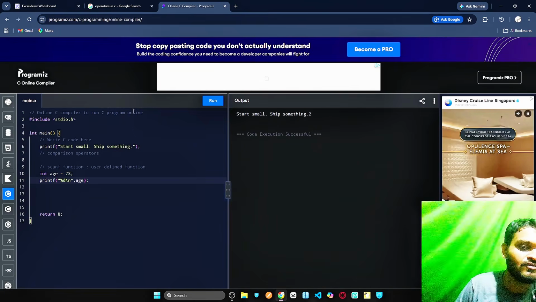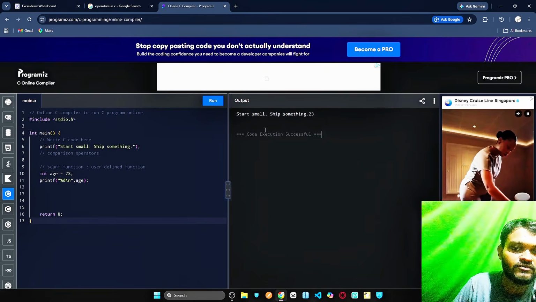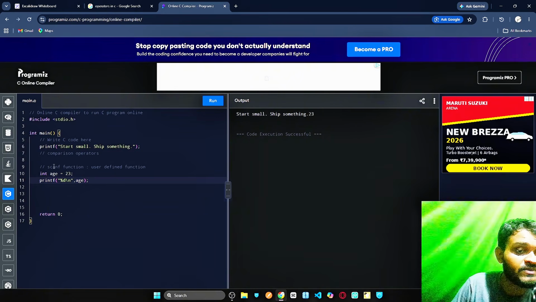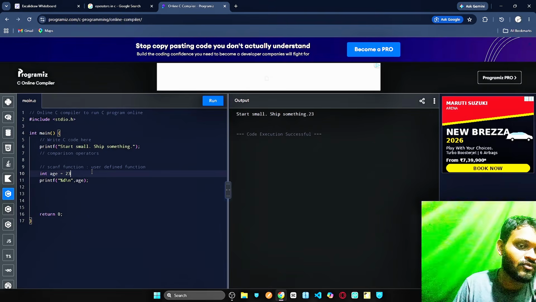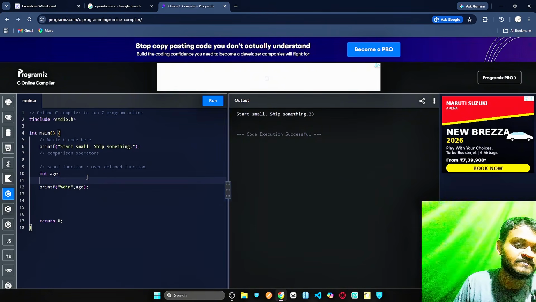After that we will get the output value. Now what is the use of the scanf function? It is a user defined function. That means this value will be entered by the user, not predefined. So how is it done? It will be like